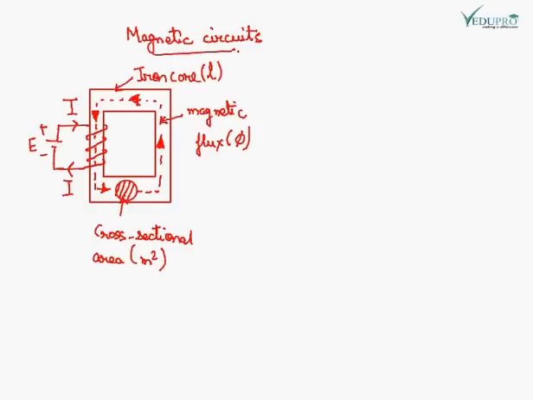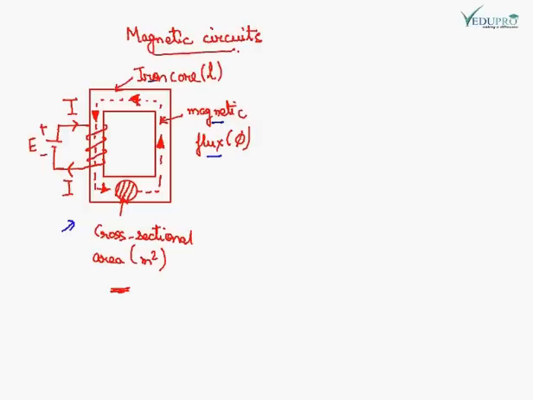The closed path followed by magnetic flux is called a magnetic circuit, just like the closed path followed by current is called an electric circuit. So this is a magnetic circuit shown here. This is the iron core. This is the magnetic flux. The flux flows in the magnetic circuit,